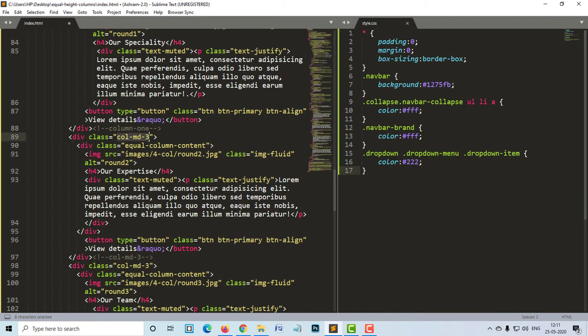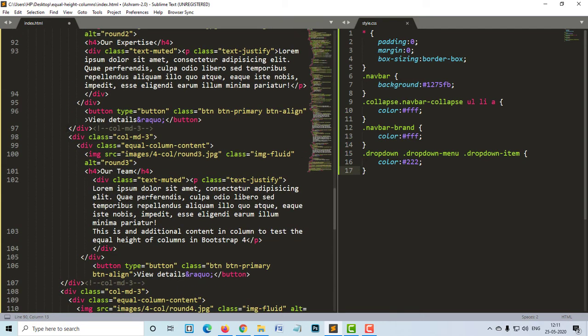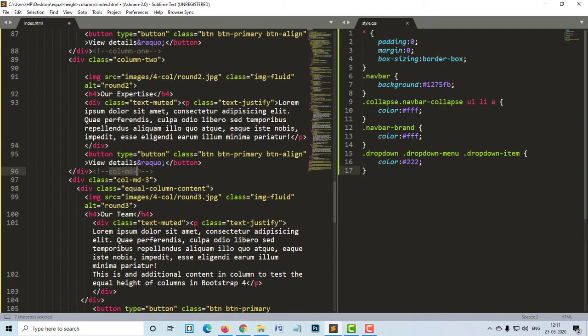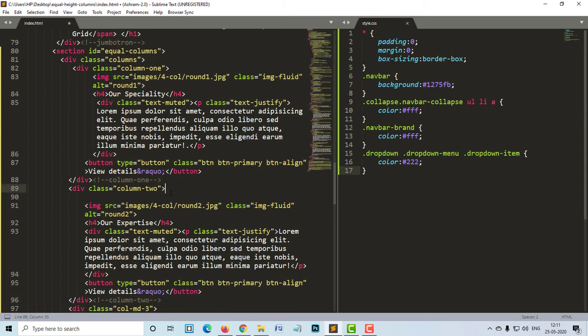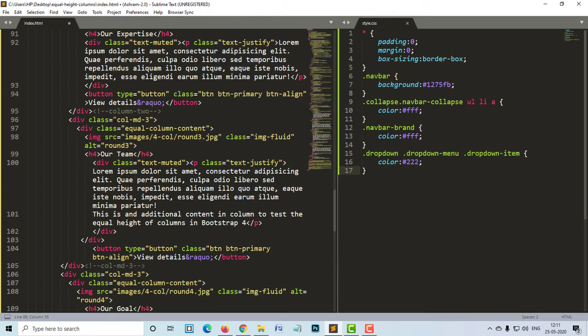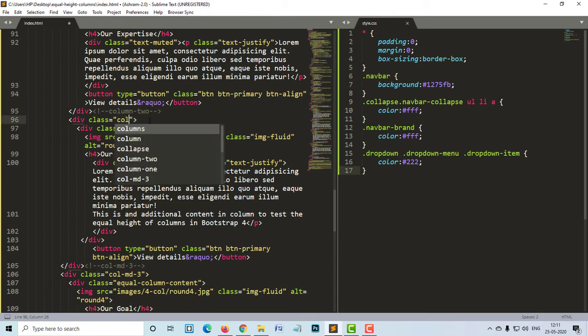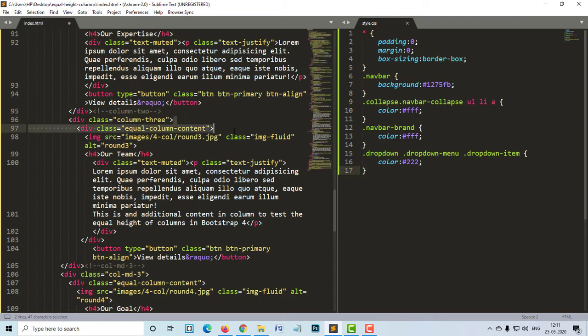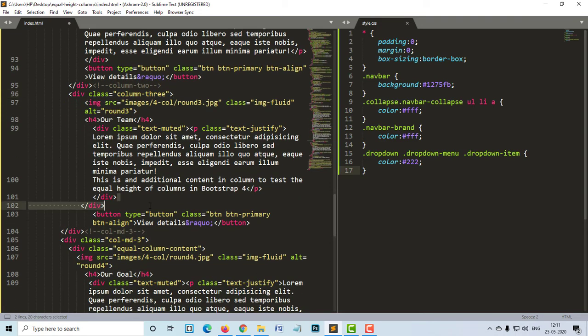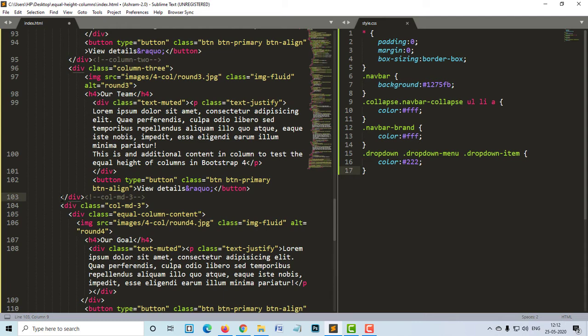Now coming to the second one, let's name this column-2, and this div I will remove, and this will be column 2. Similarly, coming to the third one, I will name it, say, column-3. The next one I will remove, and this one also I will remove, and this will be column 3.